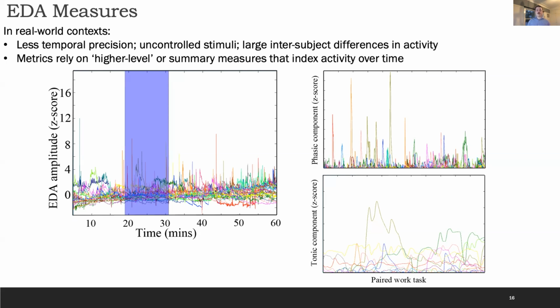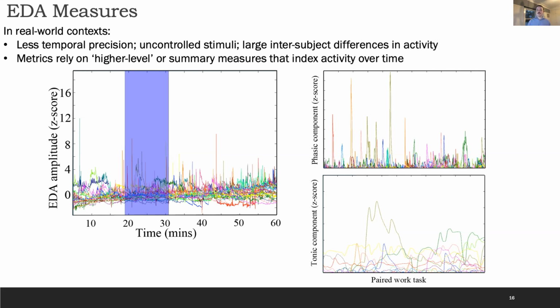So because of that, we rely on higher level or aggregate measures that look at activity over time. Here is some data looking at EDA amplitudes of a class of 25 students. On the left is all their data for a 60-minute lesson. This is just the raw data. And on the right, we've zoomed in on the highlighted blue area when the students were doing a paired